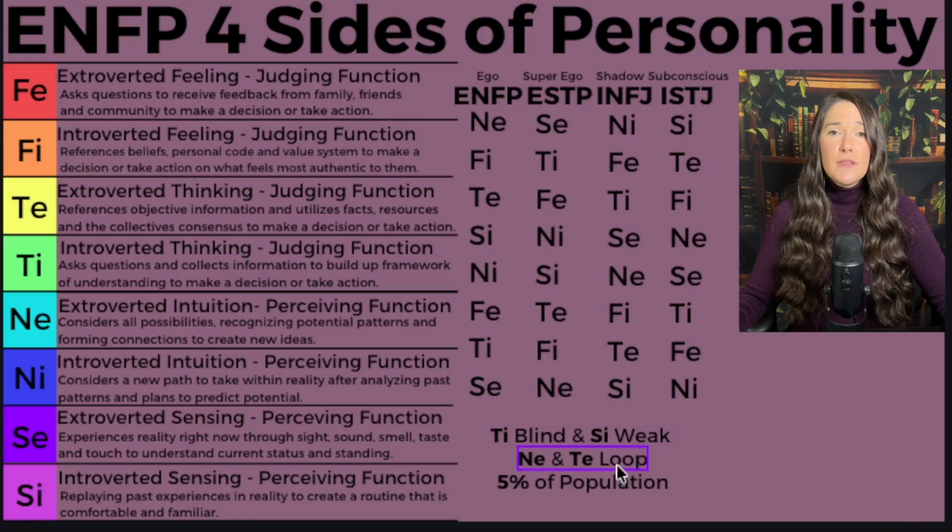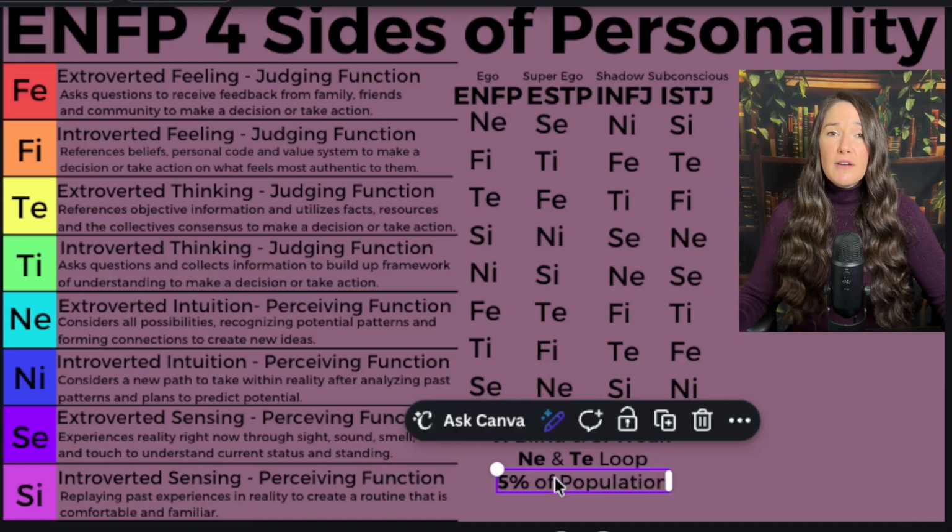The main loop that they get stuck in is NETE. When they get all of these ideas, they're going to immediately want to take action on them because they just feel like they should be doing these things. Is it the most logical thing to do in the situation? No. Is it the most practical thing to do in the situation? No. Are all of these passion projects actually realistic in reality? Probably not. But they're not necessarily considering all of those things. They're just stuck in this loop of NETE. Whatever idea pops in their brain, they're going to want to take action on it today, tomorrow, immediately.